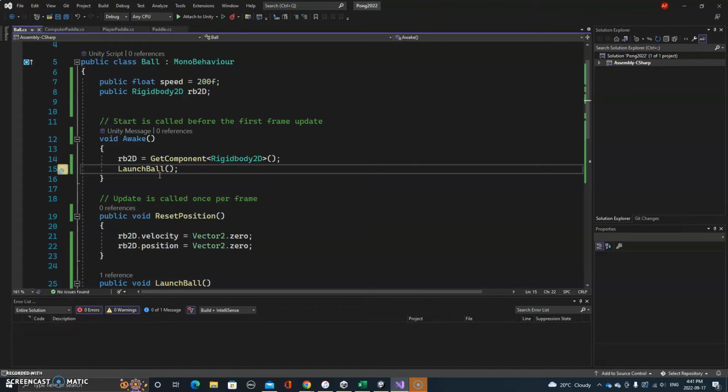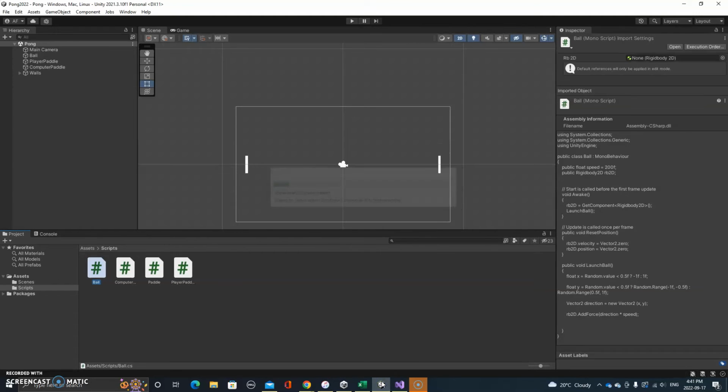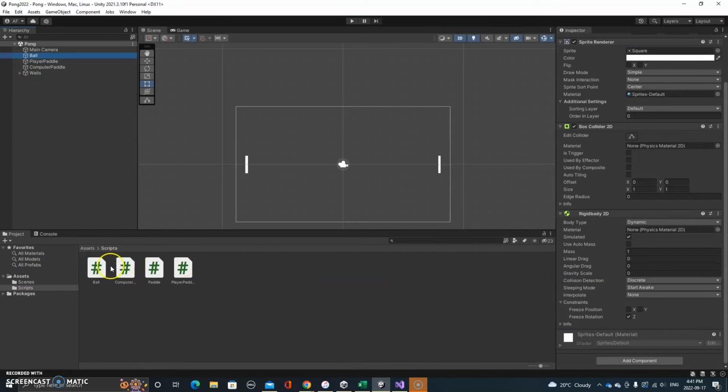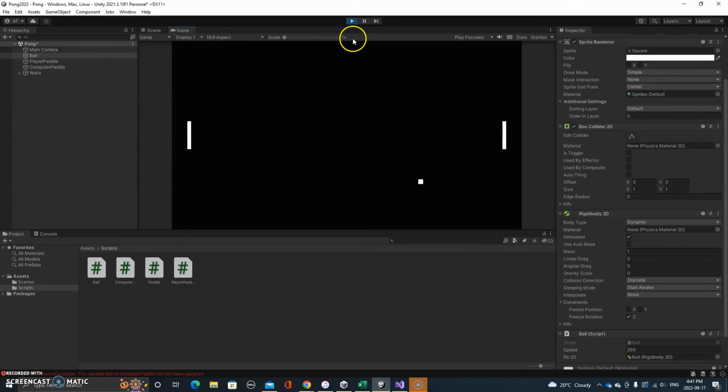So we really haven't done anything in this game. Let's see what happens. I guess we'll do it first. We'll just have the player paddle working. Okay, there's no way to lose this game yet, so let me just go to the ball. There it is there. I'm going to drag on my ball script. Good, it's got power. It should find the rigid body. Hit play. Like I said, the computer paddle isn't going to follow the ball yet, but now